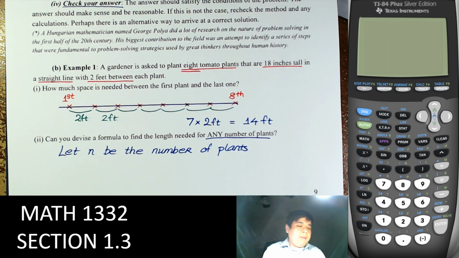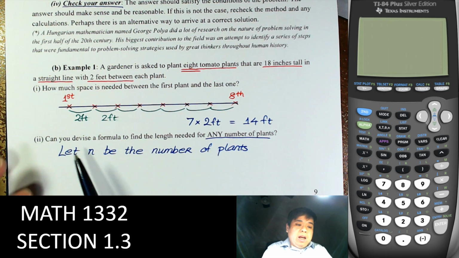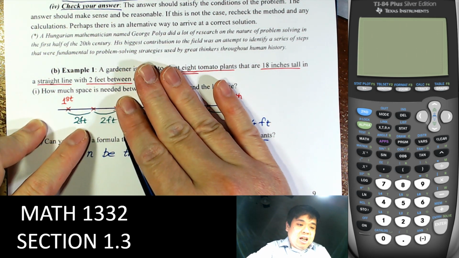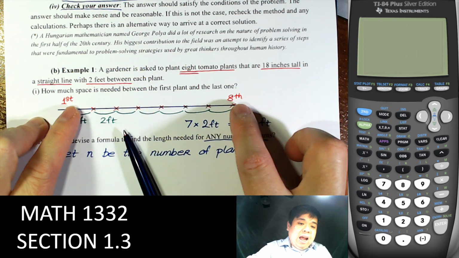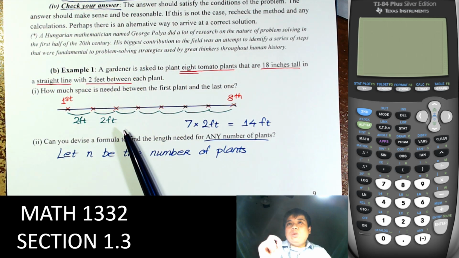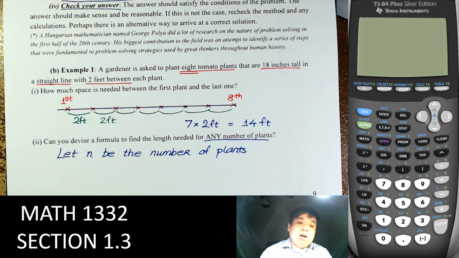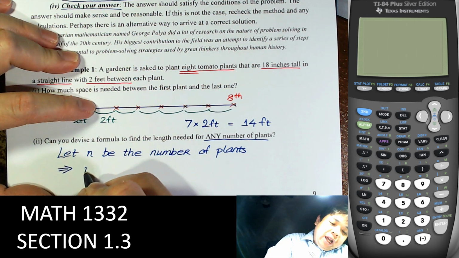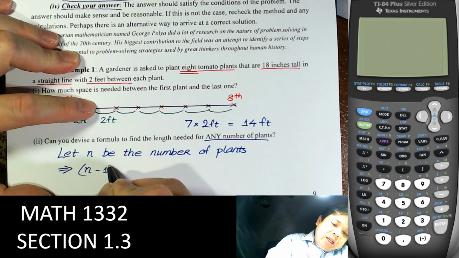If there are only 2 plants, there is 1 space. 3 plants, there are 2 spaces. 8 plants, there are 7. So there's always 1 less than the number of plants. So if n is the number of plants, there will be n minus 1 spaces